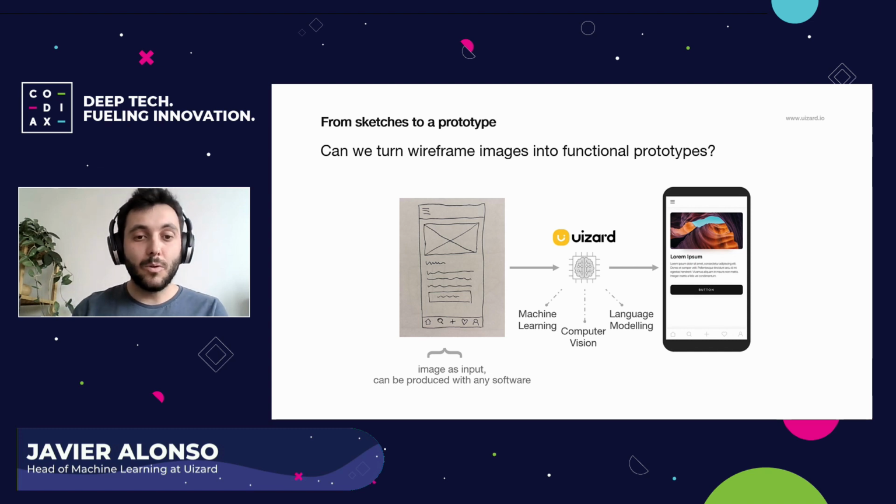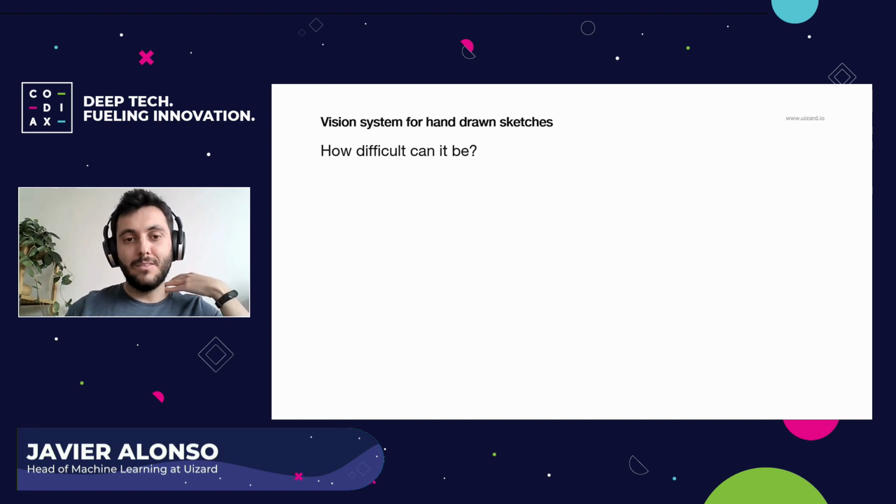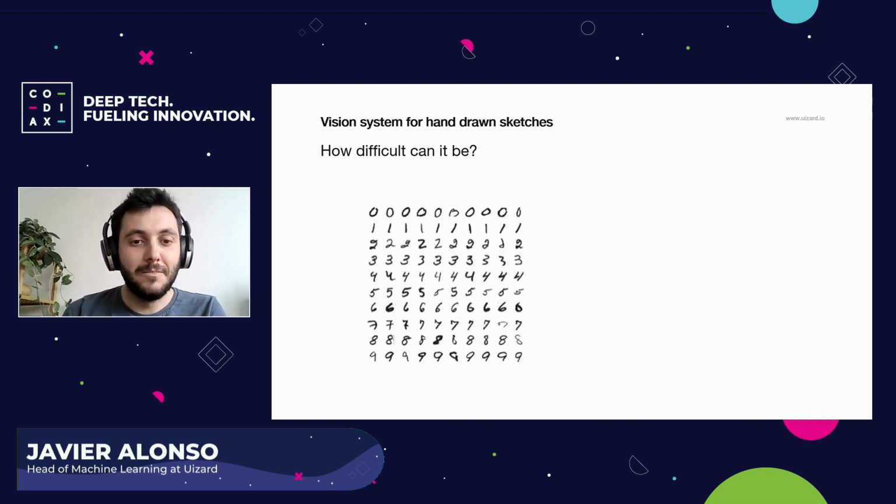So yeah, we started working on this project. And at the beginning, when I first started working on this, I have to admit, I was a bit naive, because I thought, how difficult can this be? Maybe I spent too much time in academia, or I read too many papers, but when I read hand-drawn, the first thing that came to mind was MNIST. And we all know MNIST is simple.